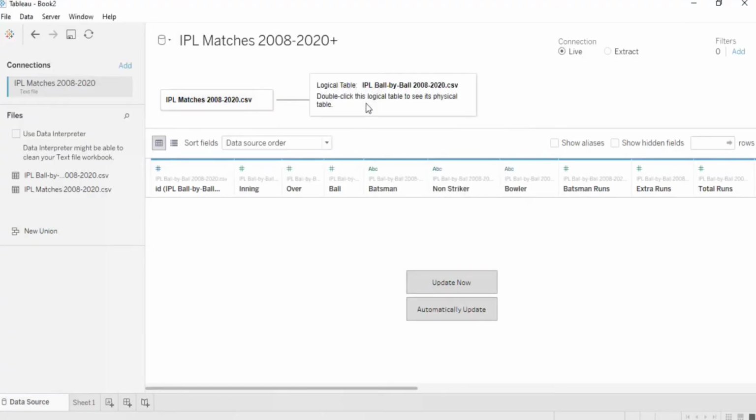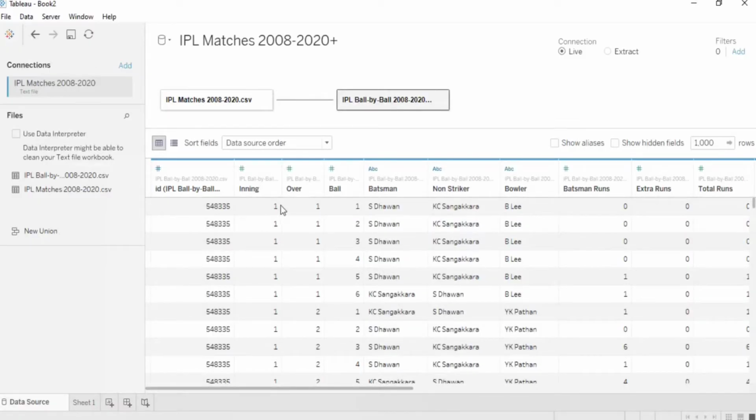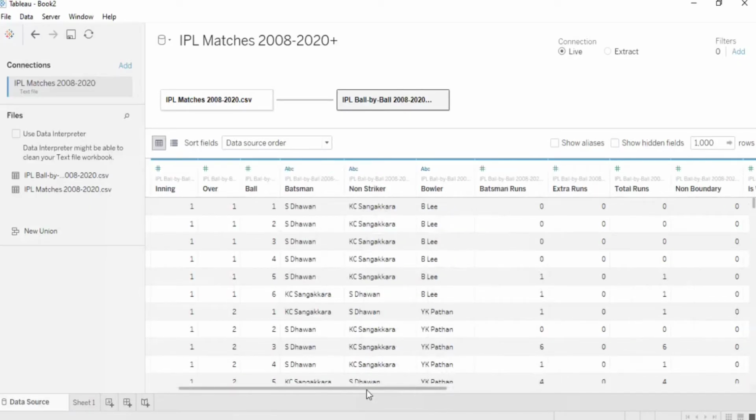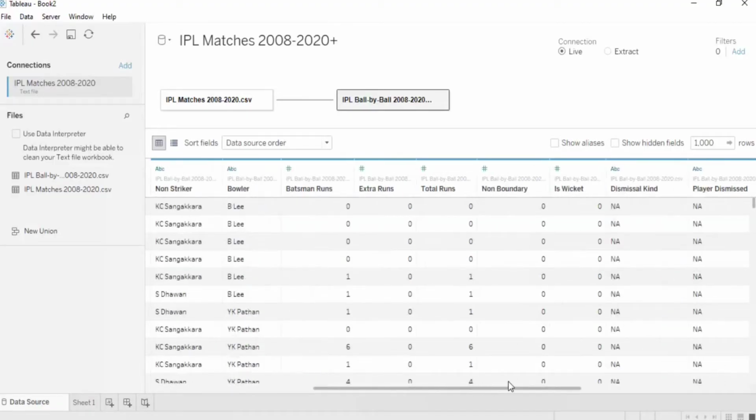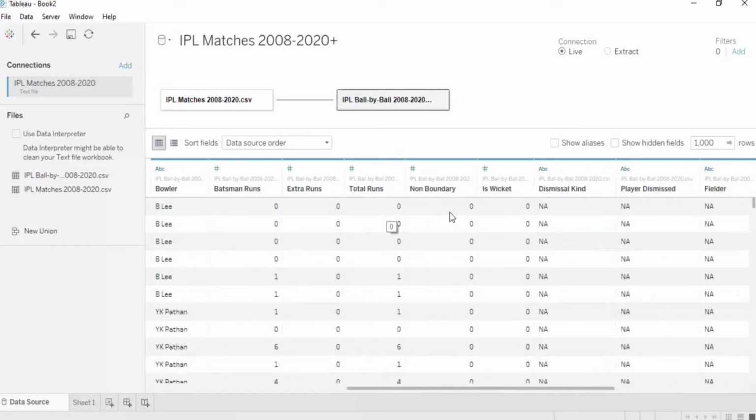And now when we go on this second table, and we will see update, now we will see the ball by ball, or we can say each ball record will be maintained in this particular table. Okay, so we can see the id of that particular match, the first inning, first over, first ball, then who was the batsman on the striker end, and who was the batsman on the non-striker end, who was the bowler, then how many runs the batsman had made, whether there were any extra runs, and the total runs on that particular ball,